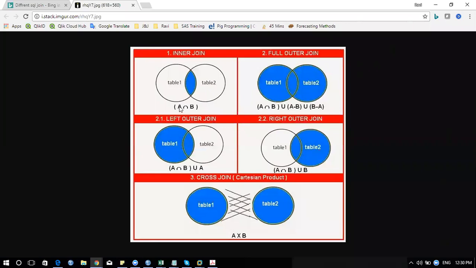Correct. If you say A union B, you'll get these details, which are available in both those data. Correct. If you're trying to get this, it will be a full join. So we are combining all information from both those tables. And this is nothing but your left information, which is mapping with your second table. So A union B, correct. And third is right join, which is nothing but you are trying to get the information from the right table, and if it is matching with your left table, give me that information.